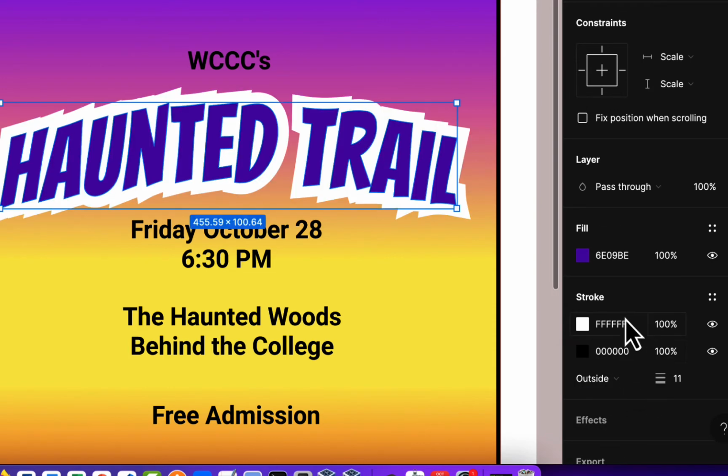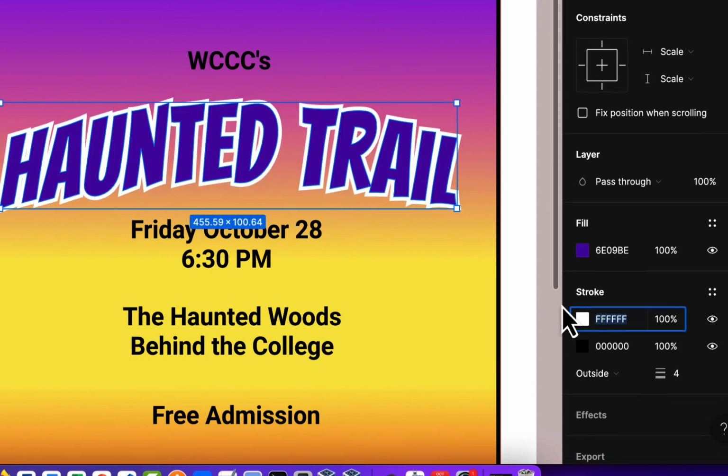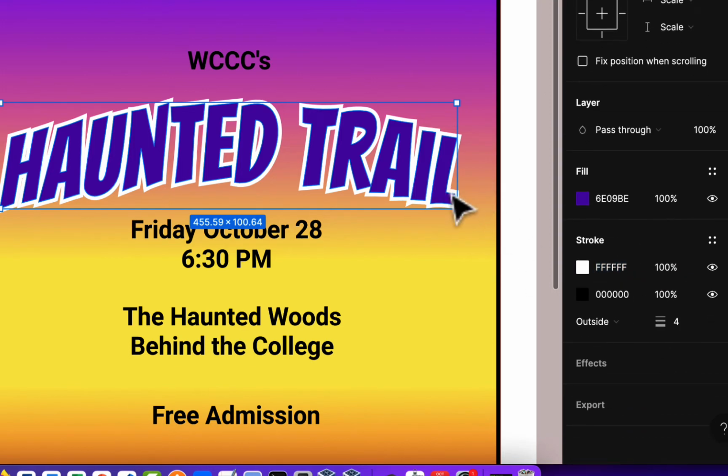Even though I do, why would they let you do multiple strokes if they have to be the same thickness? So I may be missing something there. I'll look up and see if there's something I could do for that. But what I could do here, even without putting multiple strokes, which hopefully I can do,